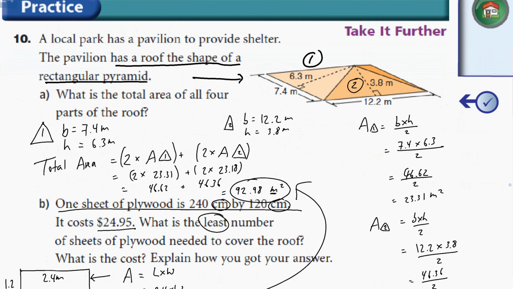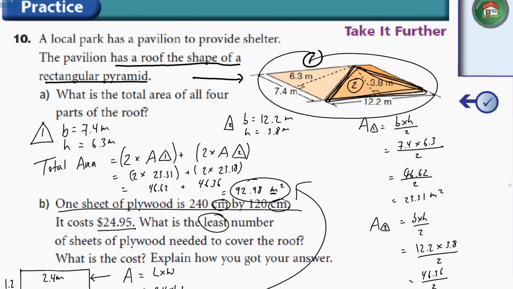Again, as a quick review, we have a pyramid here with one triangle here, and then there's going to be a repeating one in the back, and then we have this other triangle here, and it is repeated in the back. So our total area was 2 times, let's see if I can get a different color here,